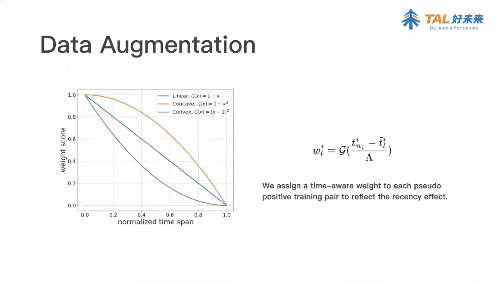For the weighted resampling method, we assign a time-aware weight to each extended positive training sample to reflect the randomness of students' dropout behavior. The larger the weight is, the more times the sample will appear in the resampling results. The time-aware weight function is monotonically decreasing, which represents that the closer the extended positive sample is to the true dropout date, the more similar it is to the true positive sample. To fully explore the influence of the weighted resampling method, we tried 3 different types of decreasing functions in our experiments.